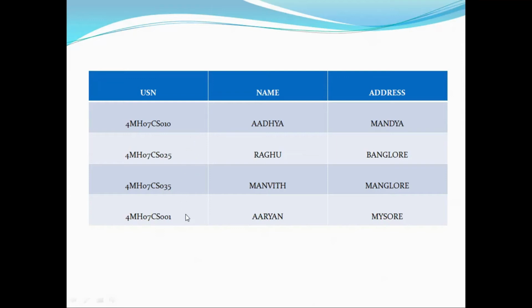After this, the next task: just look at our table. I entered some 4 records, but look at these records, they are not in sorted form. Whatever records we entered, they are not sorted. In order to sort these records, we are using selection sort in our PHP program to sort the records which are present in the database. This is our task in the program.